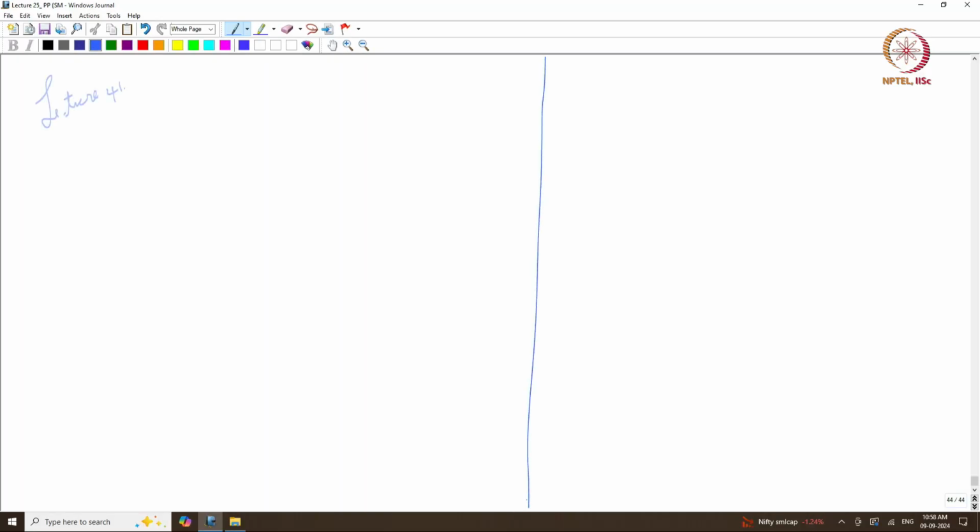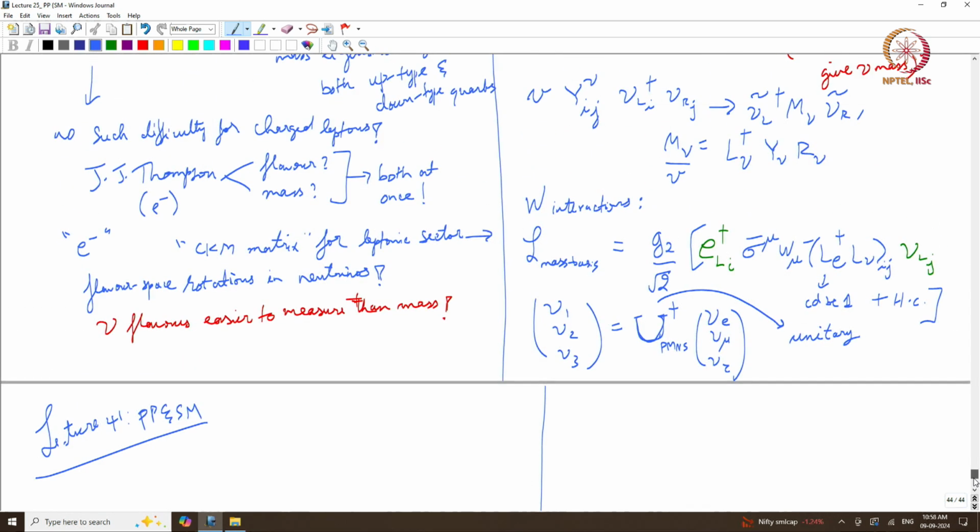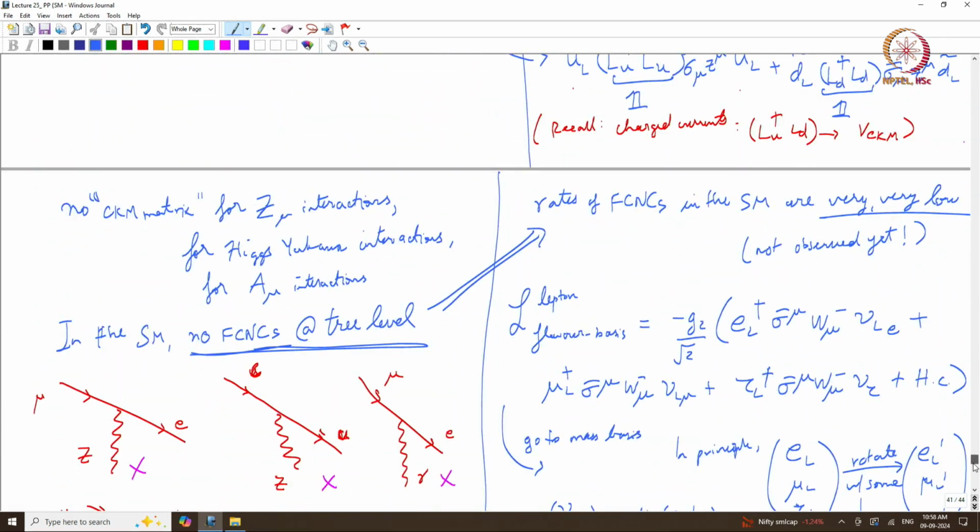Alright, welcome back to particle physics and the standard model. This is lecture 41, and last time we saw why there were no FCNCs, or flavor changing neutral currents, in the standard model